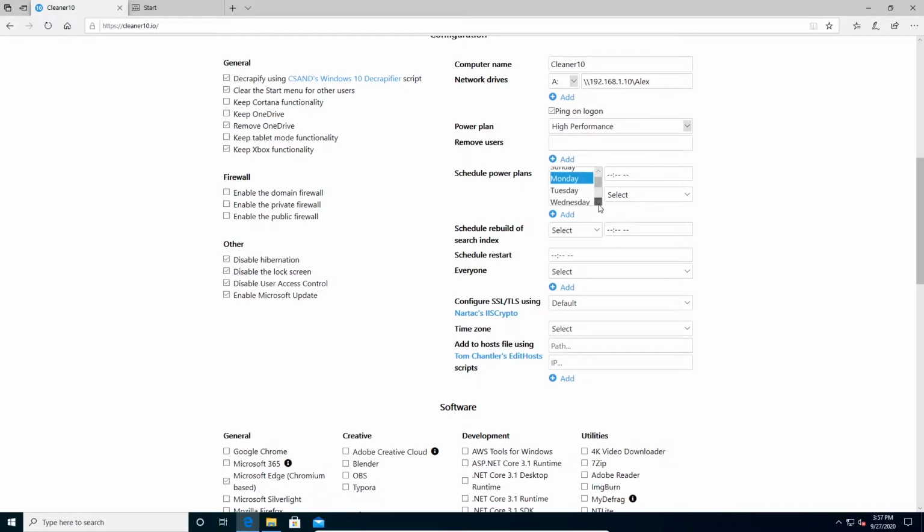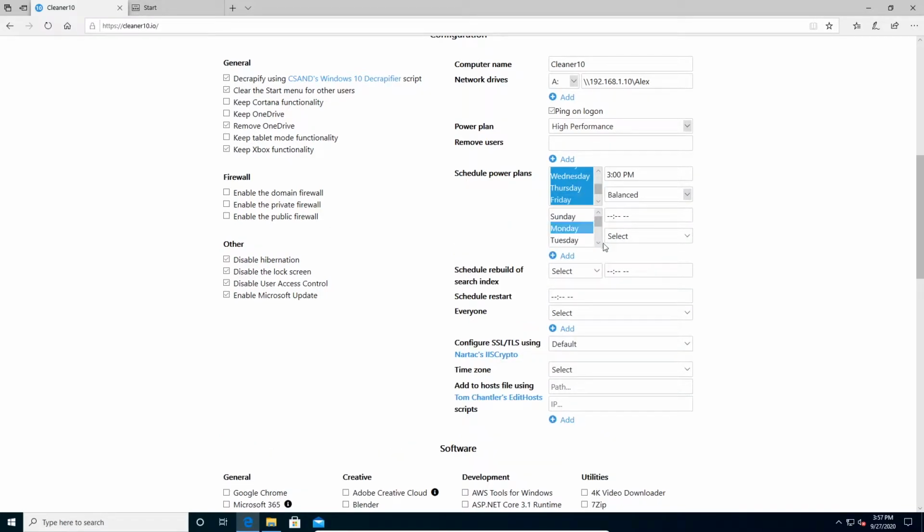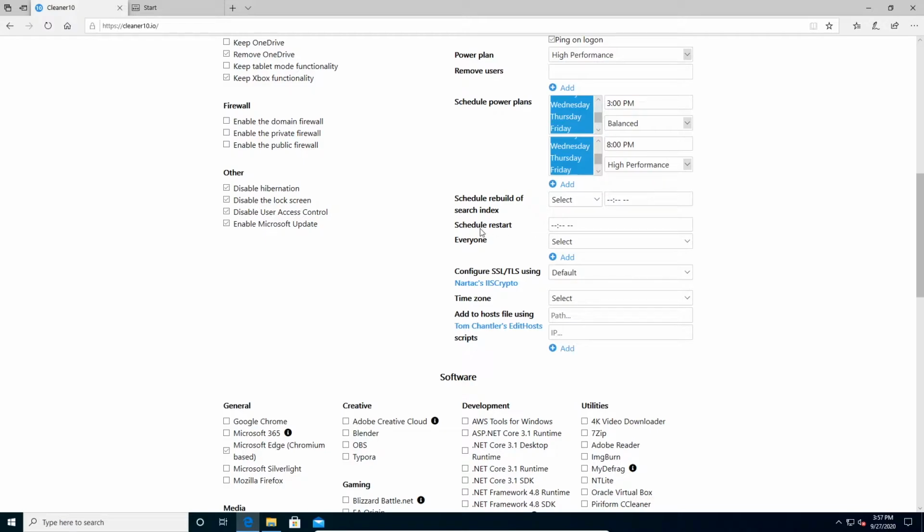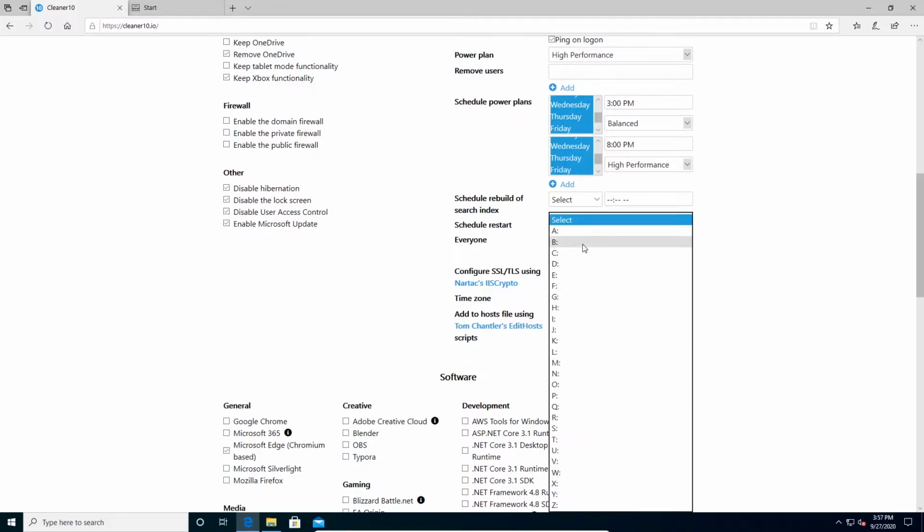And I want to schedule a power plan change Monday through Friday at 3 p.m. to balanced, and another power plan change Monday through Friday at 8 p.m. back to high performance. I don't need to schedule a rebuild of the search index, and I don't need to do a restart. I do want to set everyone as the permission on the E drive,